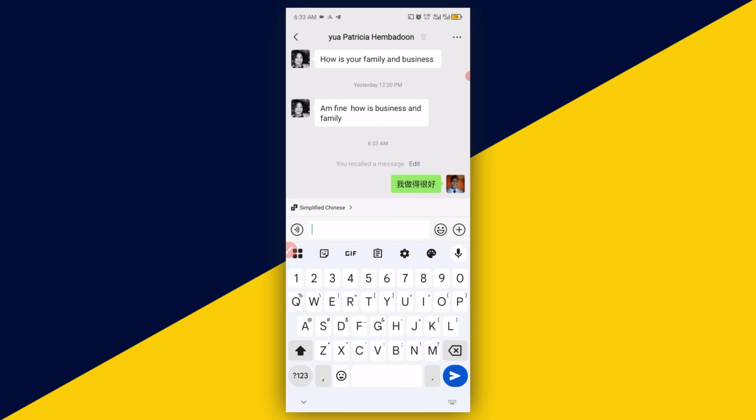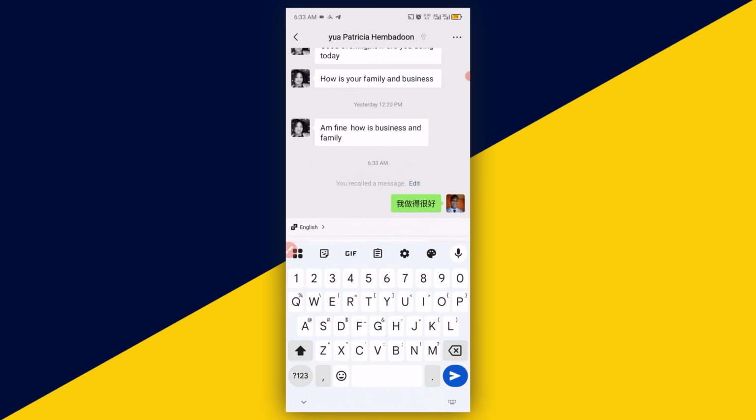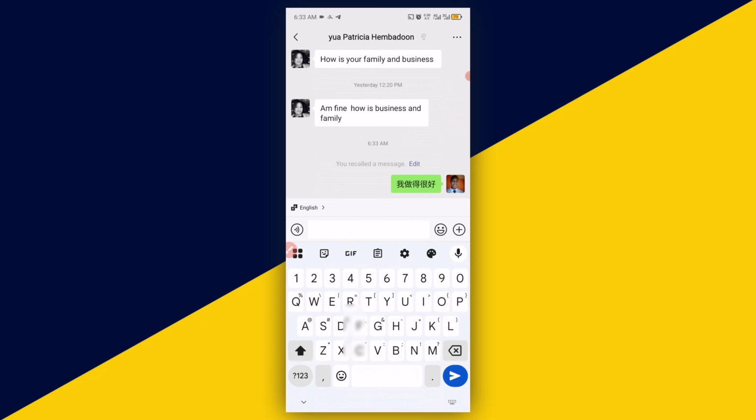However, you can also change to other languages. So click on simplify right here. These are more languages that you can use right here. You can also translate to Korean, Japanese, English, Chinese traditional, and what have you. So you can switch back to English again, and while you type in Chinese or Japanese right here, or better still,